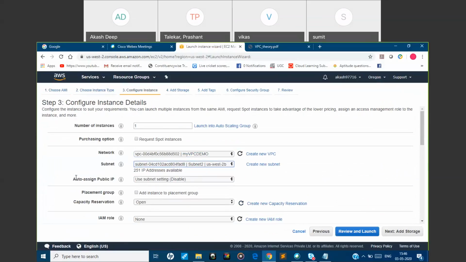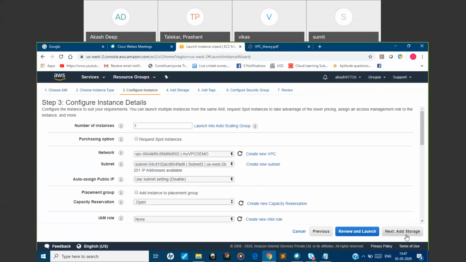And if you remember, in the last instance I had made it enabled. Now suppose I do disable, use subnet setting disable. I will make you aware of the change you will observe. If you make this disable, you will not be able to see any public IP associated with your instance. The public IP will not be associated, and how to solve that problem I will also tell you as a part of this demo. So we'll go with this subnet disable.